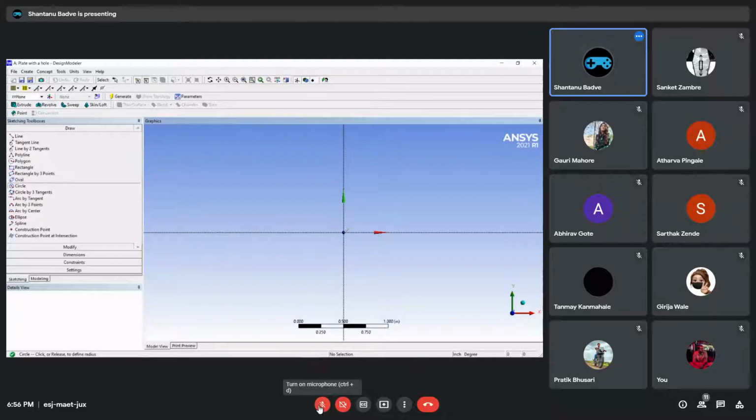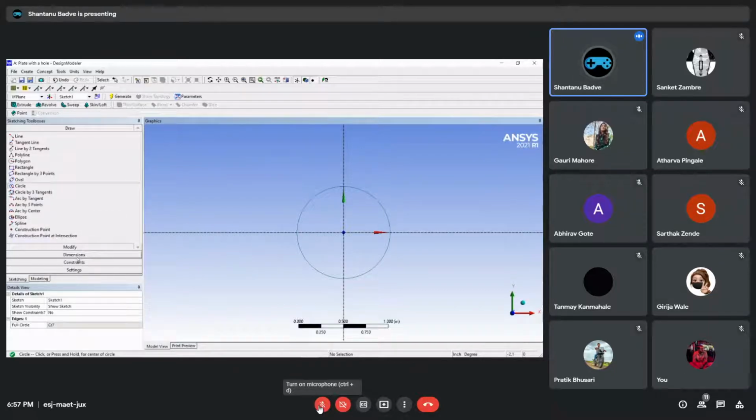I'll just click once and then drag. I can make it as big as I want. It really does not matter right now. I'm just trying to draw a circle. It does not need to be perfect. I'm going to click again and it will set the circle to whatever it is, and you can see that the circle is now there. Whatever its dimensions are, it does not matter.